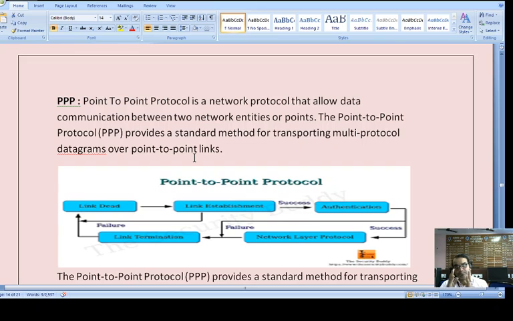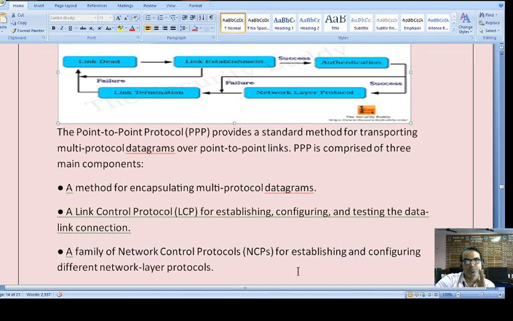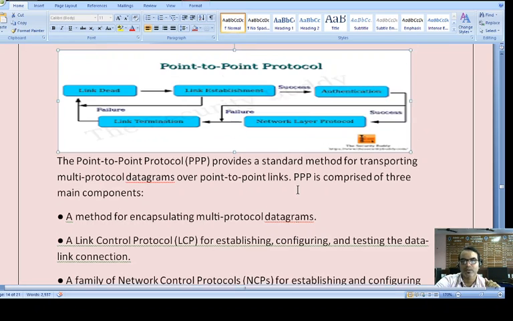Point-to-point protocol provides a standard method for transporting multi-protocol datagrams over point-to-point links.